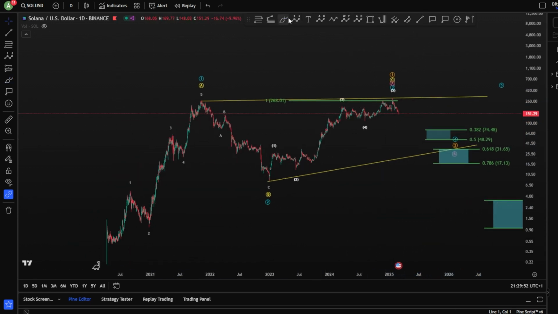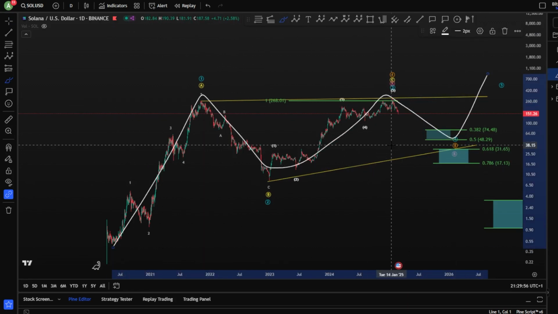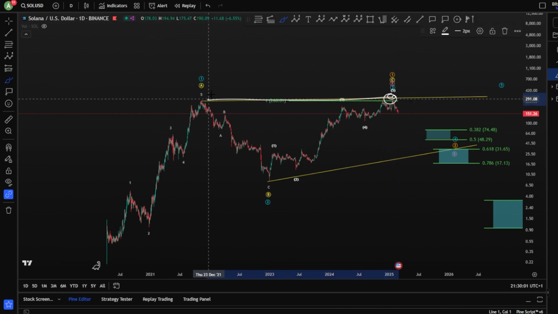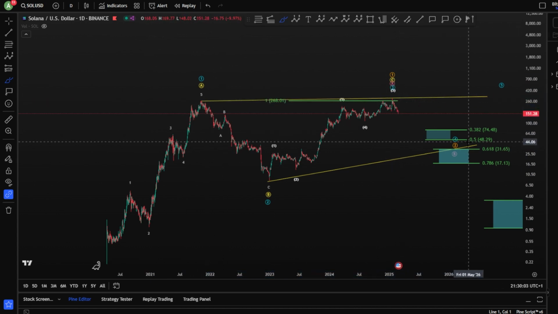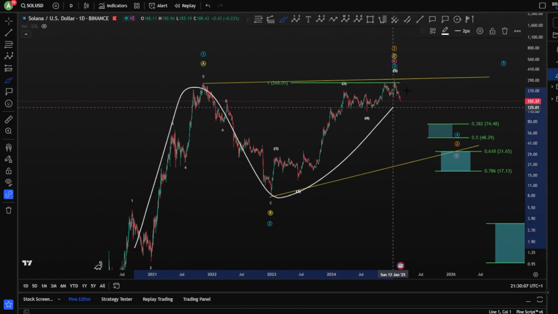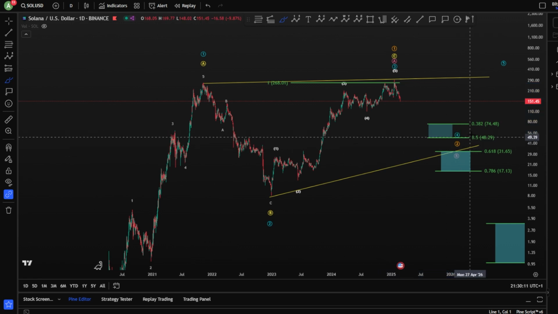In another case scenario, you are looking for a 1, a 2, and then 3, 4, and a 5, a leading diagonal toward the upside, since we have taken the all-time high here, exactly a few dollars, but still an all-time high. It looks kind of like a leading diagonal. You're looking for a wave 4 here in the blue scenario, with perfect fib levels 0.38, 0.5 as well,